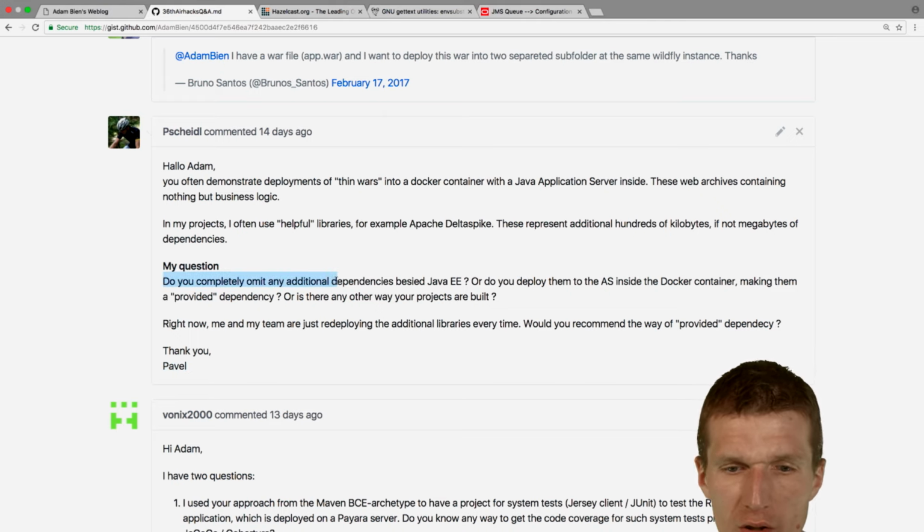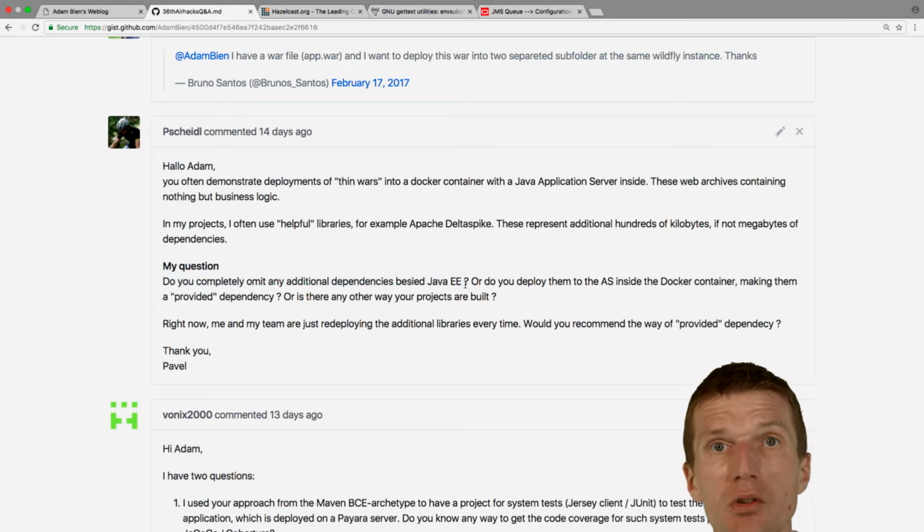And the question is, do you completely omit any additional dependencies besides Java EE? I would say in most cases, absolutely. So this is what I try to do, and I never regret that. If I don't have any dependencies, I don't have to think about upgrading them, about patching them, about security issues, about